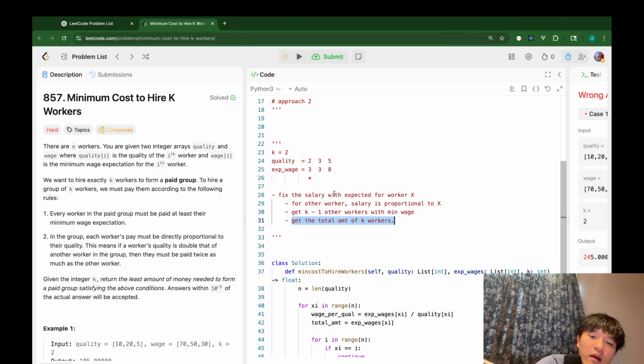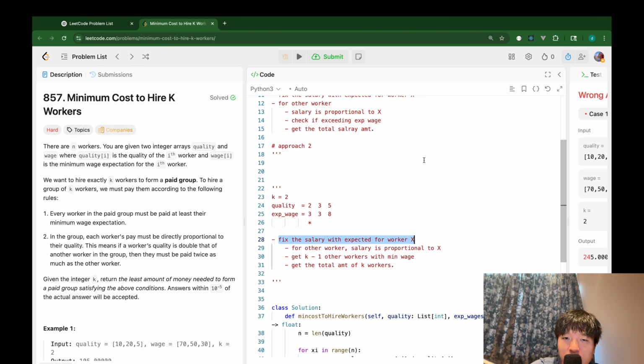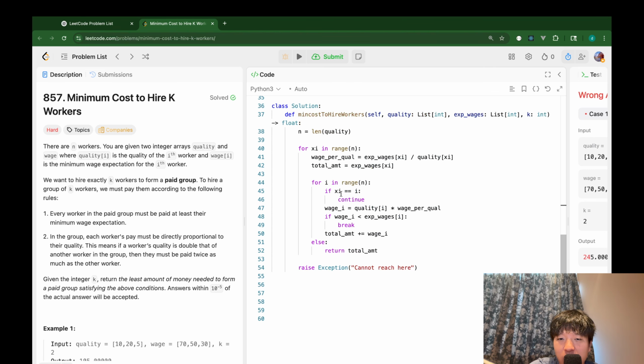Let me fix each worker one by one. So maybe in my last approach, if I can find the